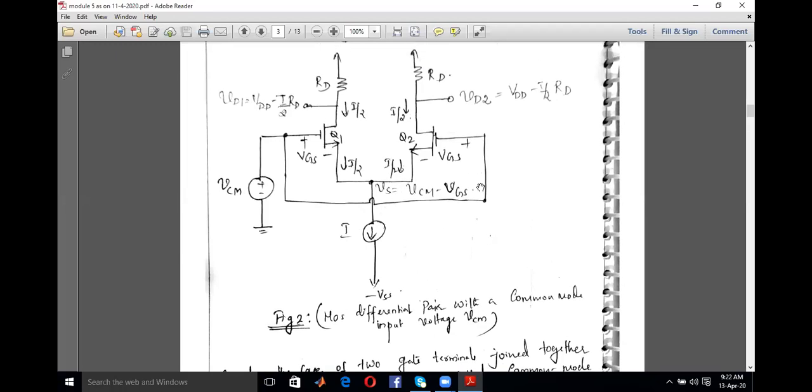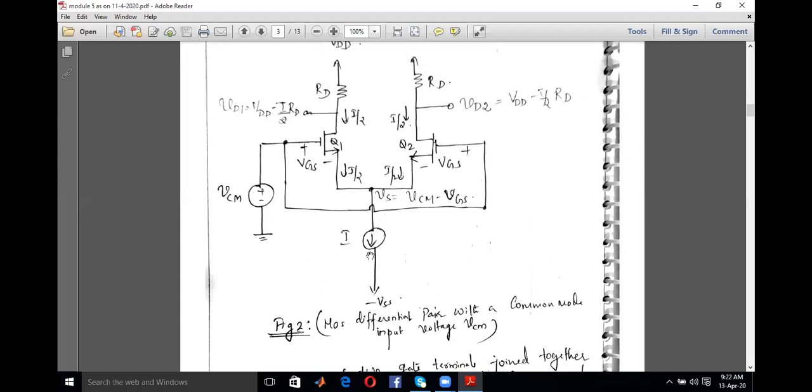Now, if I am maintaining these two transistors in saturation and in a common mode range, I told you to maintain in common mode range, you should maintain this VCM within a particular limit. Okay, regarding that limit or minimum and maximum value, I'll come to it later. Okay, so now assume that your VCM is in a range between a minimum value and a maximum value, so that the two transistors are having same current.